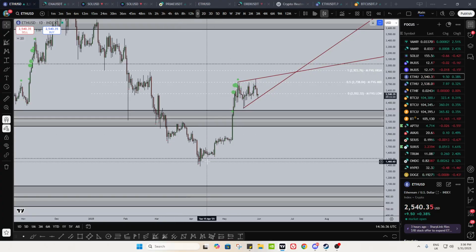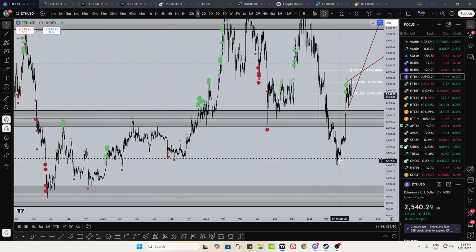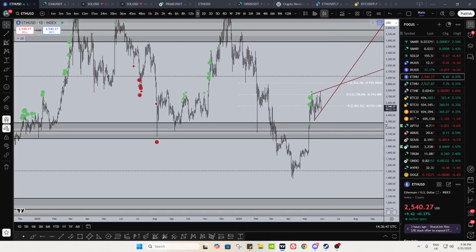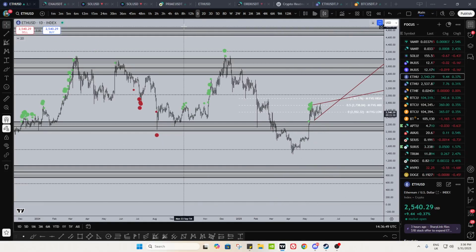So many shorts were trapped at a significant level. That's what makes it powerful. It's not like this was happening in the middle of nowhere. This was happening at levels we talked about way ahead of time, historical levels, right? We had diagonals, we had horizontals, we had everything here. So it was a very significant level. Sellers got trapped. We simply took action according to that.